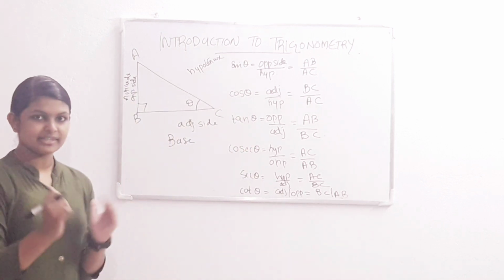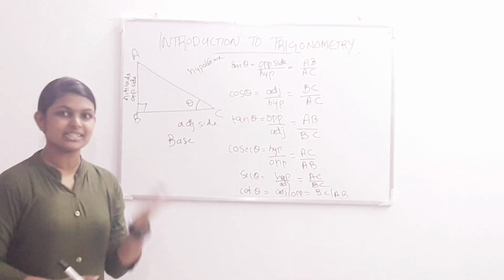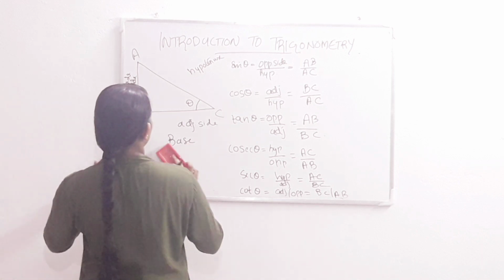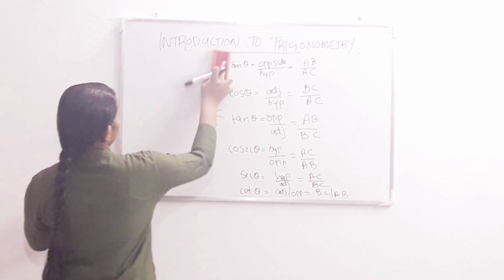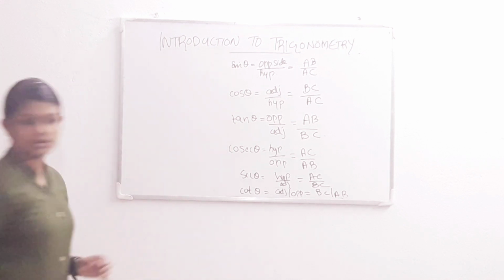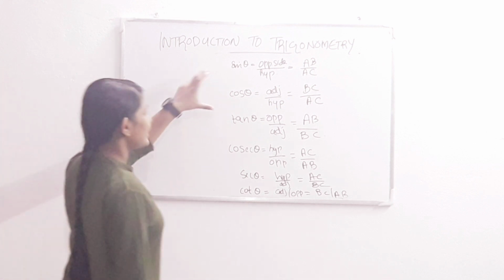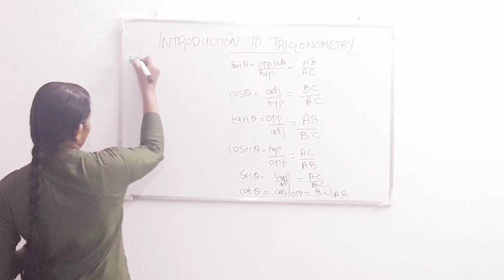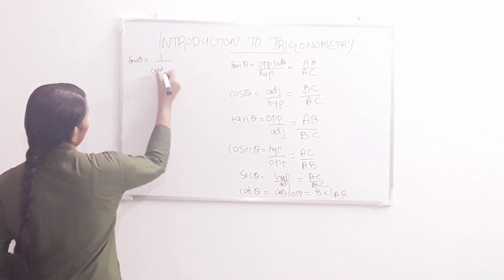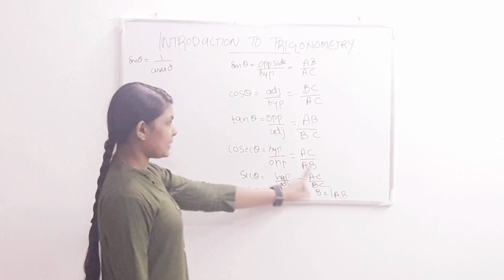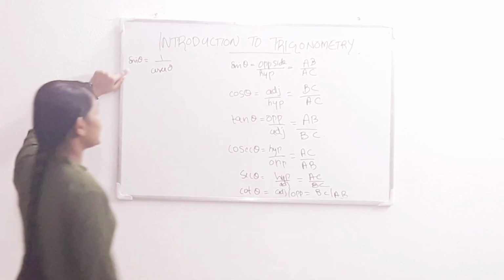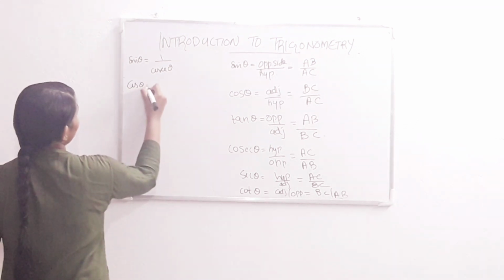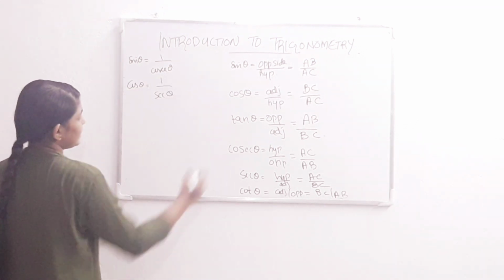Okay. Now we understand, no? Yes, we can get some relationships between different trigonometric ratios. From this itself, we can derive some of the trigonometric relationships. So, sin theta is equal to 1 by cosec theta. Yes, cosec theta is equal to AC by AB and its reciprocal is equal to sin theta. So, sin theta is the reciprocal of cosec theta. In the same way, cos theta is the reciprocal of sec theta. Tan theta is the reciprocal